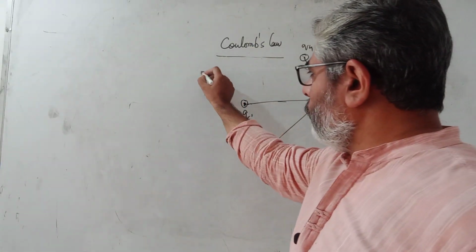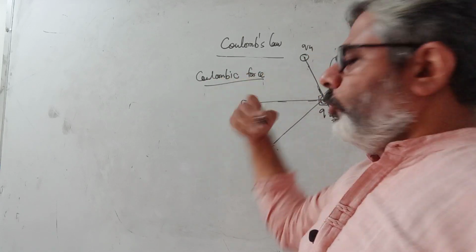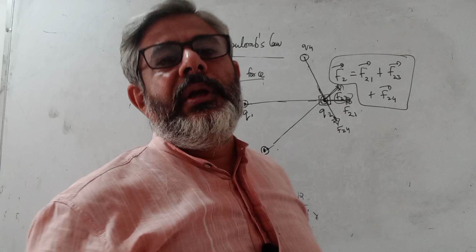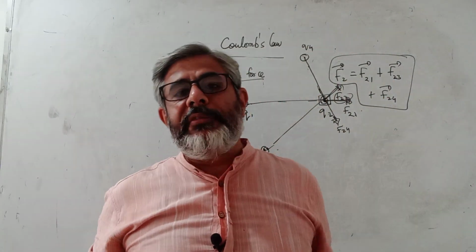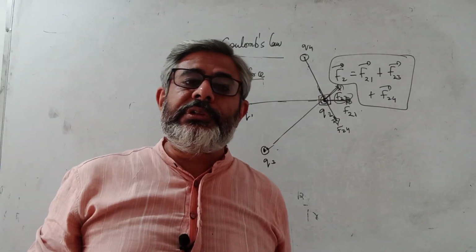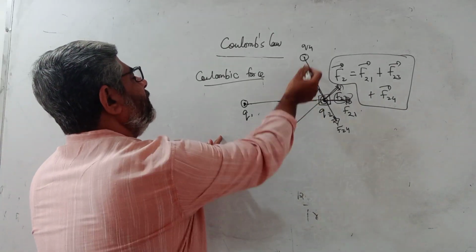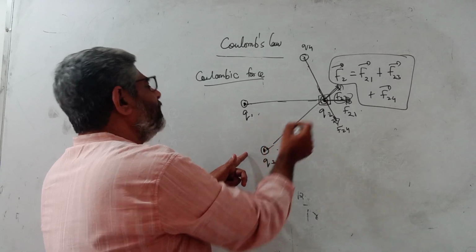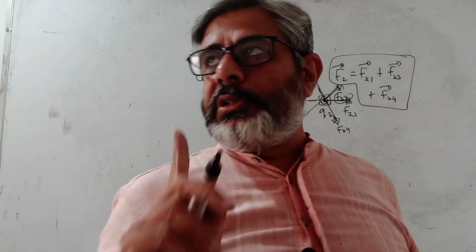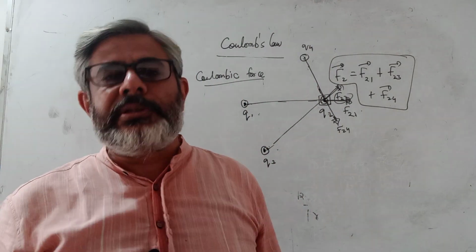So often this force is called the Coulombic force. There are many terms: Coulombic force, electrostatic force. It may be a force of attraction or it may be a force of repulsion. So remember, this force is much larger than the gravitational force. And another important difference between gravitational force and electrostatic force is that it can be repulsive or attractive. If this is positive and this is negative, it will be attracted. If this is positive, repulsive. This is positive, this is negative, again attractive. So you have both the directions of forces possible. In gravitation, you never have a repulsive force. There is nothing like a gravitational repulsion.